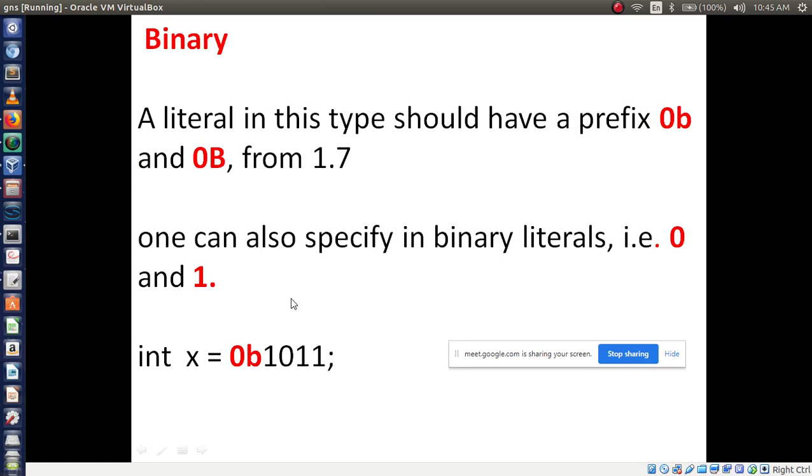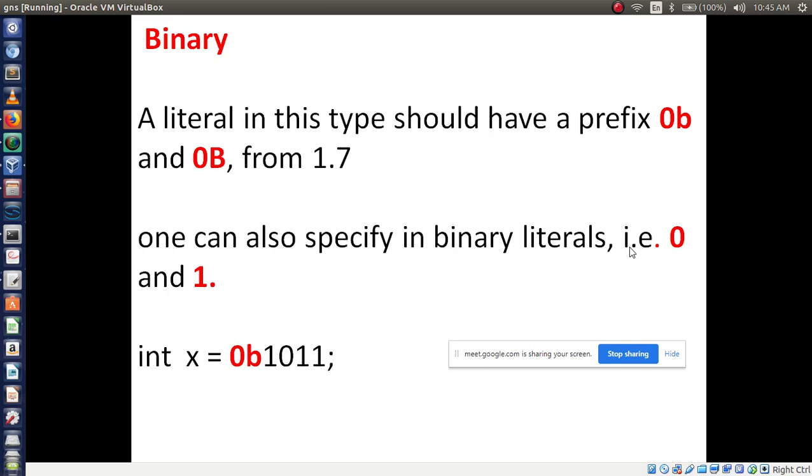Now, in a binary literal, we should have the prefix 0b or 0B, a small or uppercase letter B. One can also specify binary literals. In binary only two digits are represented, either 0 or 1, right?